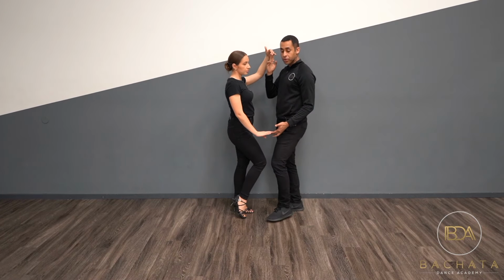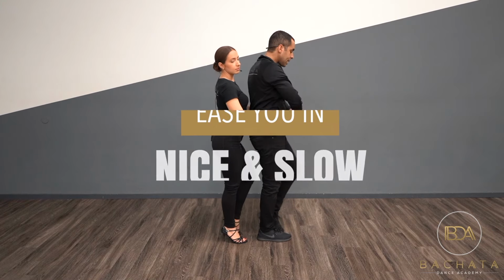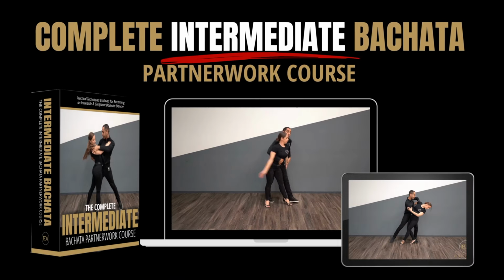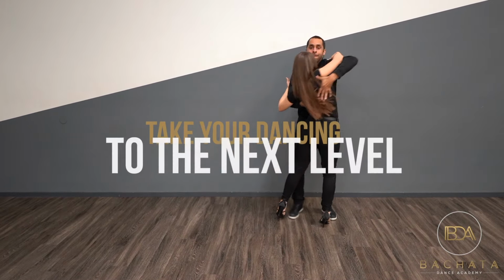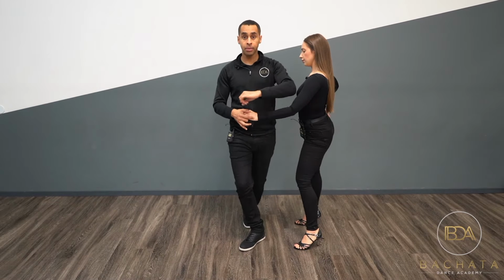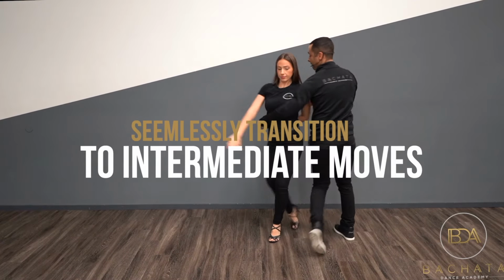So the beginner bachata course is just going to really ease you into everything nice and slow and get you ready to dive into the next course, the complete intermediate bachata partnerwork course. This course will take your dancing to the next level. The intermediate course will start you where the beginner course left off, seamlessly transitioning you from a beginner dancer into